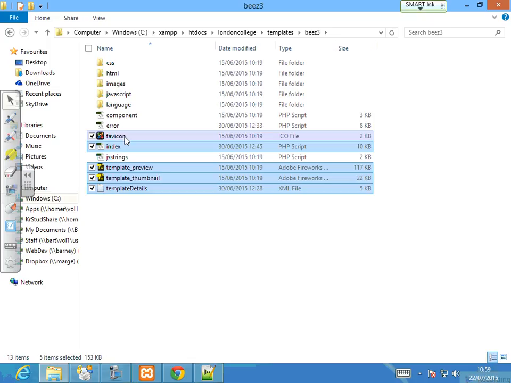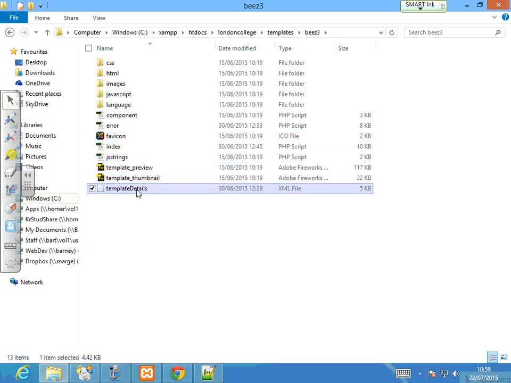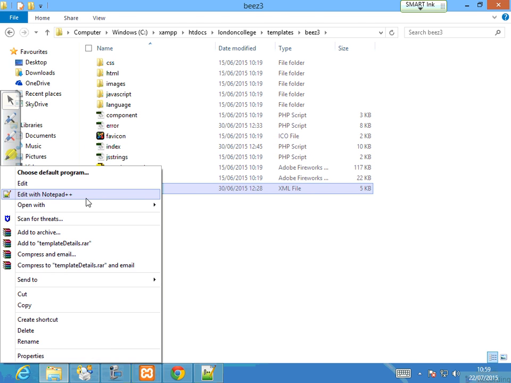Yeah. So now let's look. Template preview is just an image. Template thumbnail is also just an image, and favicon is an icon, or it could be a JPEG. But what is important is the XML file, right? And your index. Is that okay? Now let's look at this template detail. I don't want to show you this one. I'm going to take you to another folder where it is simplified. Does that make sense? I'll open this anyway, but